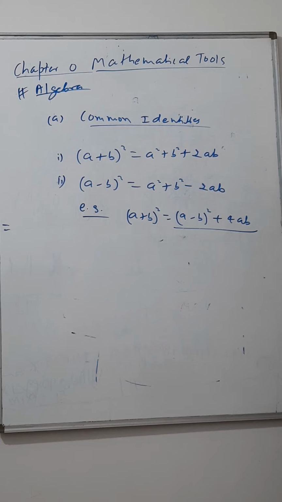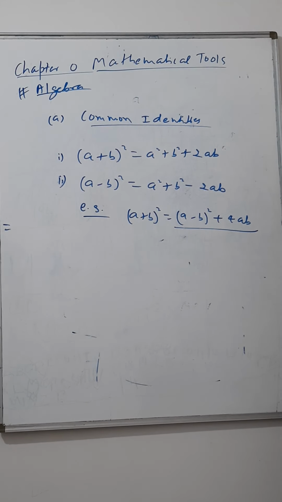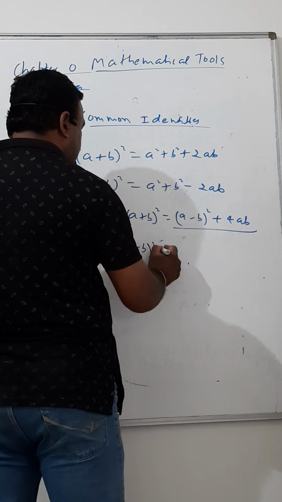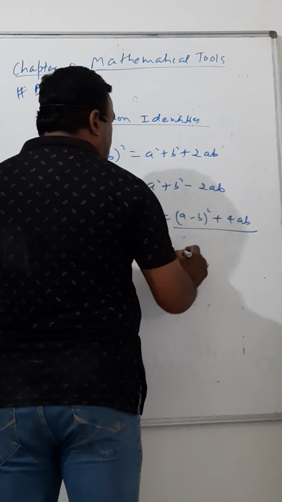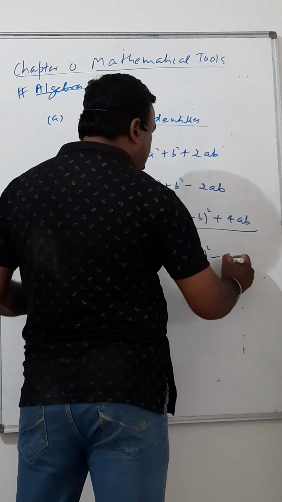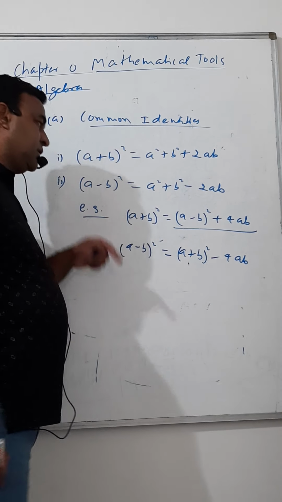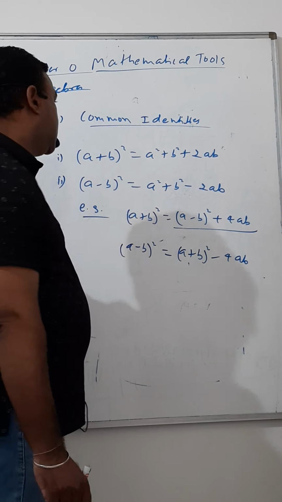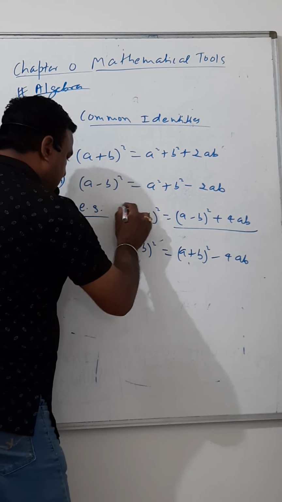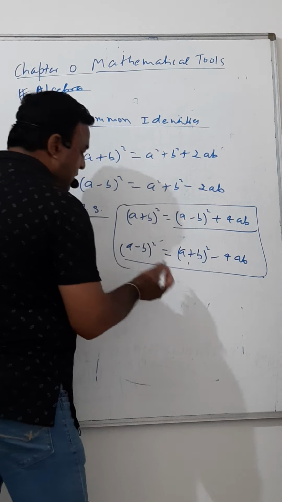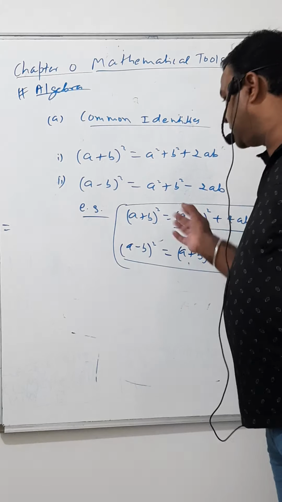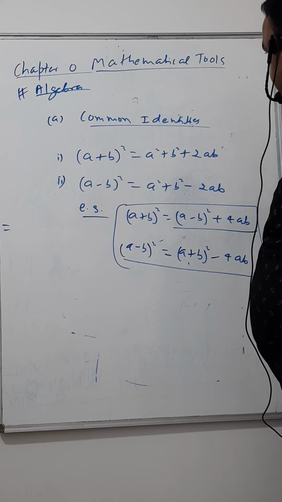Now, this is a tricky thing. You know the basic formula. Now let's do the reverse of it. (a minus b) whole square equals (a plus b) whole square. Now you can guess I should do what: minus of 4ab. This will come in its form. And sometimes you may require these two formulas in physics. This is a technique. The formula you know very well. I am just telling you a mode of it.